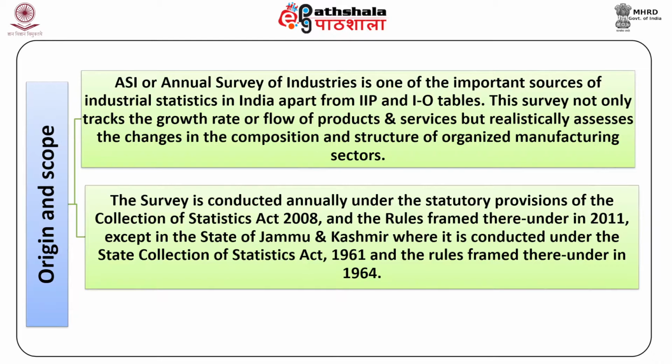The survey is conducted annually under the statutory provision of the Collection of Statistics Act 2008 and the rules framed thereunder in 2011, except in the state of Jammu and Kashmir, where it is conducted under the State Collection of Statistics Act 1961 and the rules framed thereunder in 1964. Before ASI was started in 1969, the Sample Survey of Manufacturing Industries, that is SSMI, and the Census of Manufacturing Industries, that is CMI, was conducted,